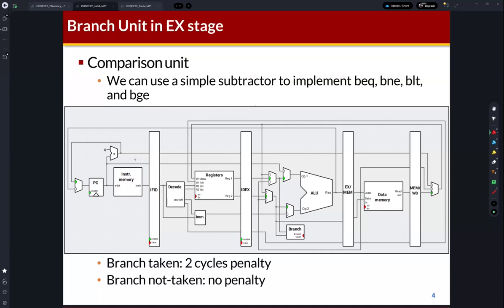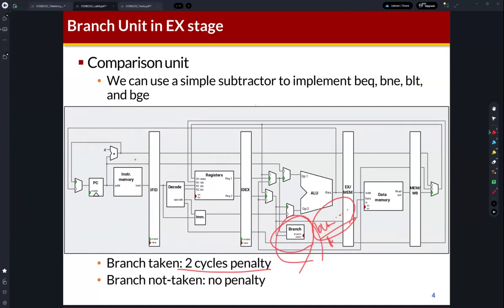So for this lab 6, we assume that a dedicated branch unit is here, right? So the branch instructions are handled by this branch unit. Okay, so you can find the BU underbar signals. It means the branch unit signals. If the branch is taken, then the penalty is 2 cycles. And if the branch is not taken, then there is no penalty. Okay, and then lab 6,